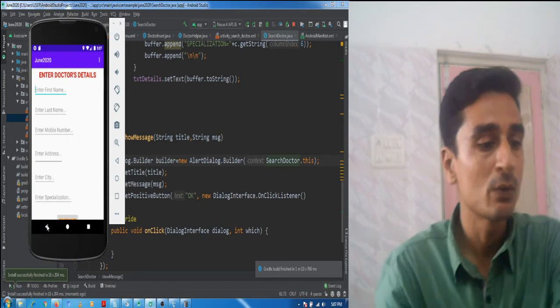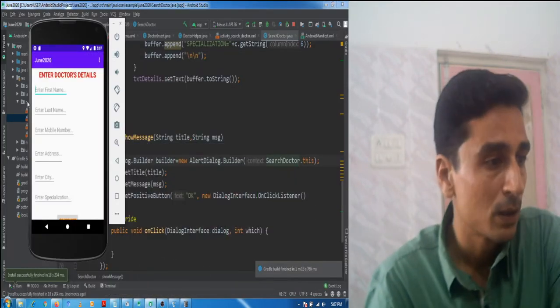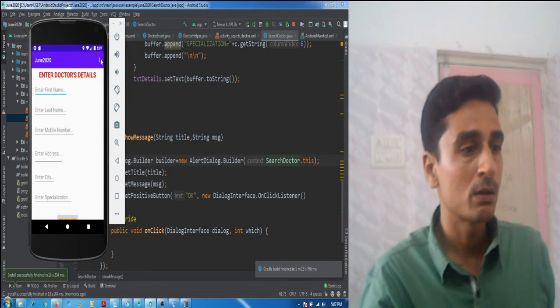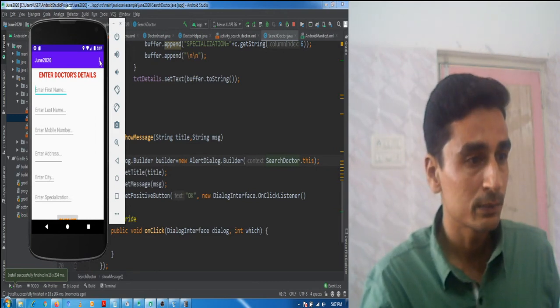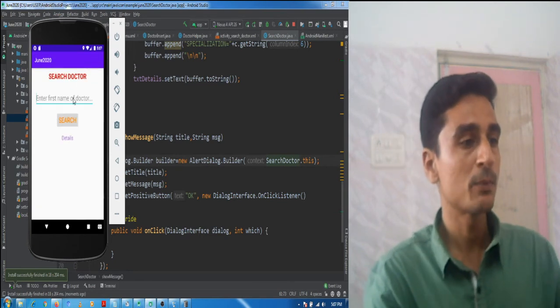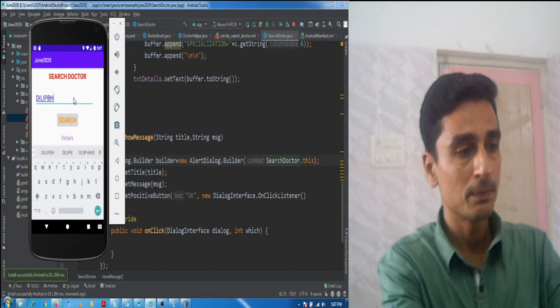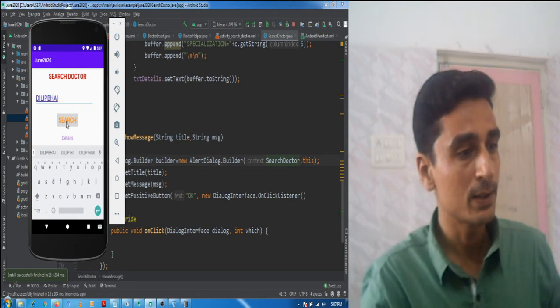Okay, so right now we know that there are 2 records available. We will try the search doctor. Here suppose I enter first name Dilip Bhai, and search.